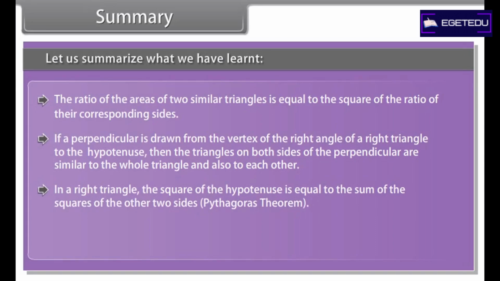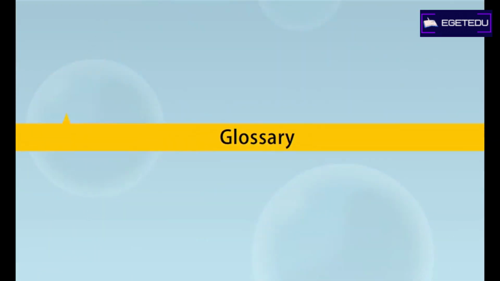Summary. Let us summarize what we have learned. The ratio of the areas of two similar triangles is equal to the square of the ratio of their corresponding